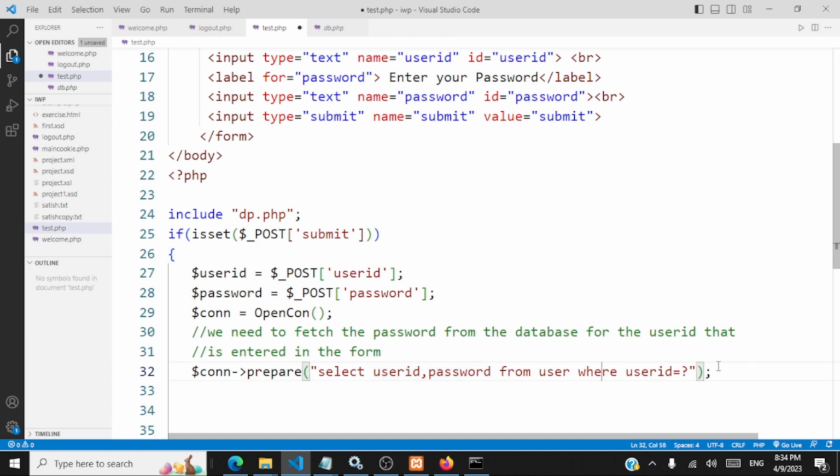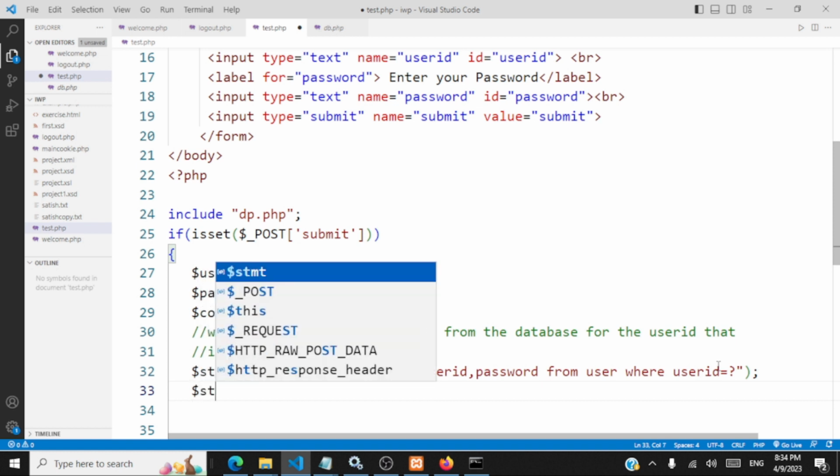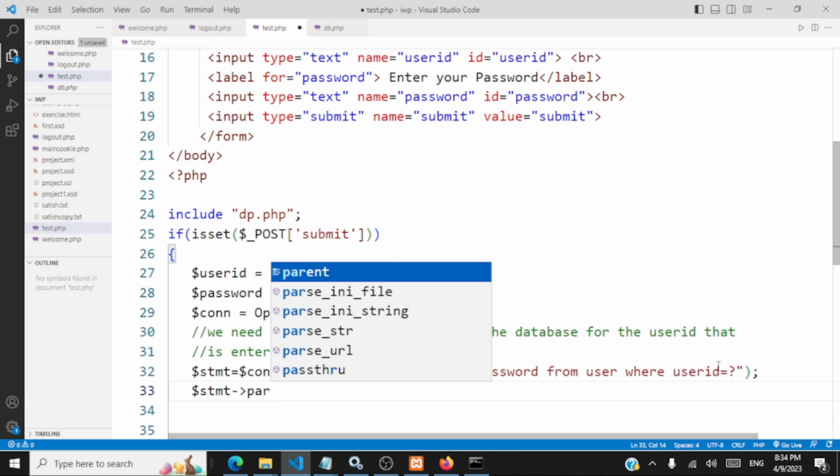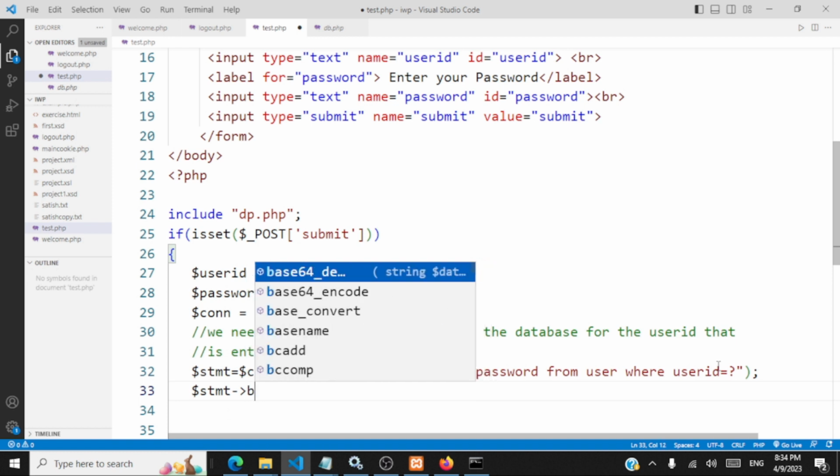Prepare returns a statement object. So we'll say that's the statement object, and the next step is binding the parameters using the statement object. We'll call this method, bind_param,